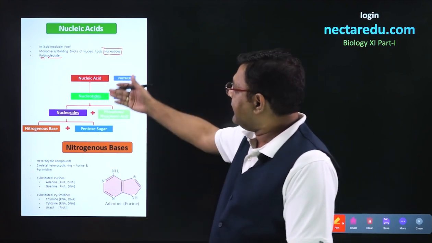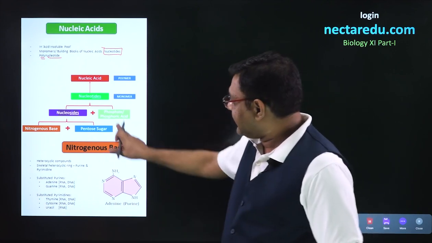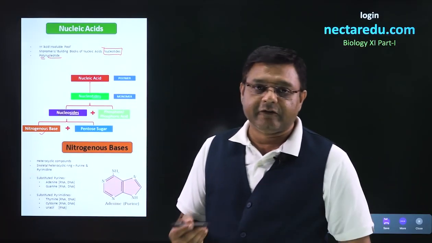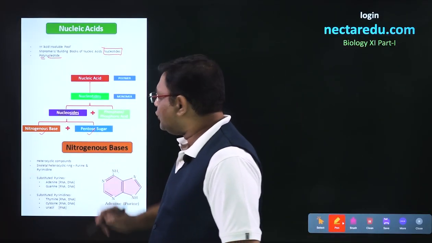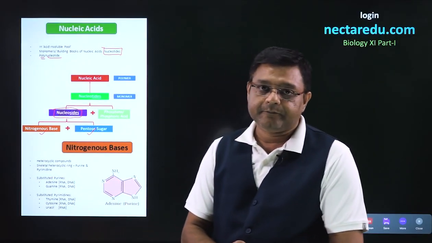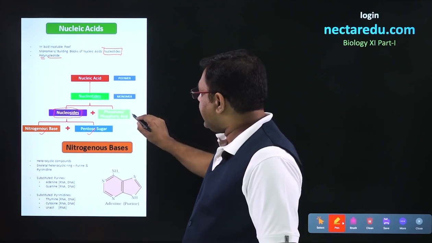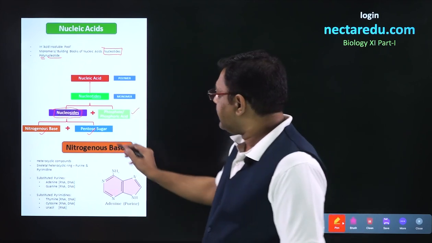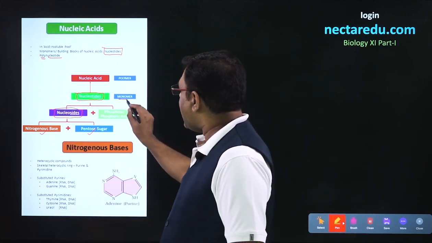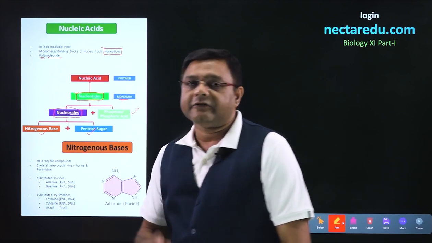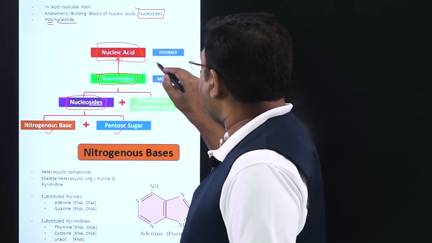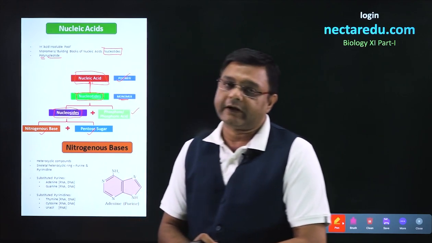acids. Looking into the structure of nucleic acids, let us start with the bottommost part. So, there will be nitrogenous bases present. These will join to pentose sugar and it will result in the formation of nucleosides. Then nucleosides will react with a phosphate group or phosphoric acid and it will result in the formation of nucleotides. Nucleotides are the monomers. These nucleotides will be joined by phosphodiester bonds and a long chain will be formed, and this will be the polymer known as nucleic acids.